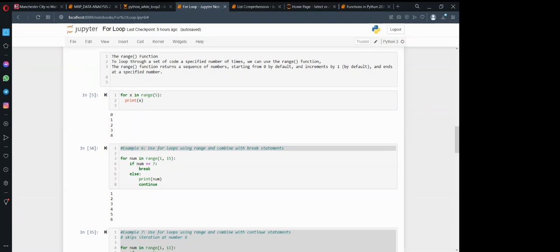For example, in this case, you start at 0, for X in range. If you put a number like 5, it will print numbers starting from 0. So 0, 1, 2, 3, 4. If you count them, there are 5 numbers.